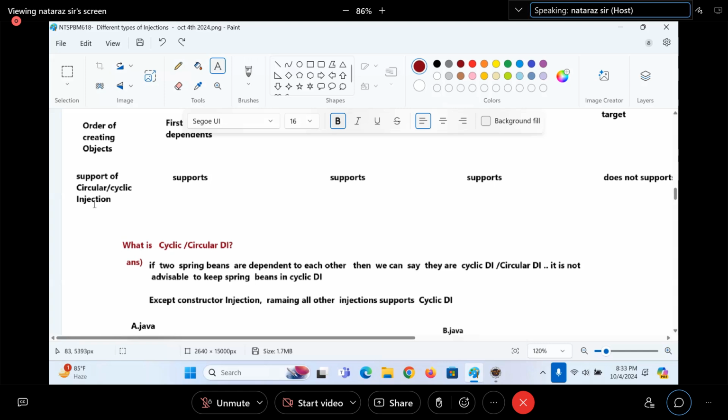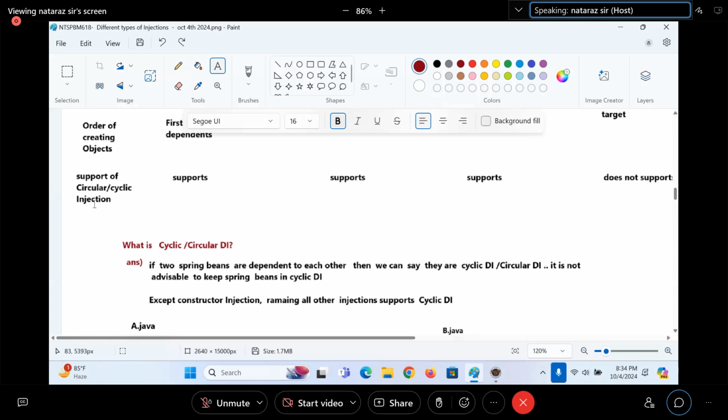Container is created. First it loads the A class, using the zero-param constructor creates the object. Then it observes @Autowired on the property of the A class. It checks: is there any Spring bean of type B? Not there. So it loads the B class, creates the object, and assigns B to A.